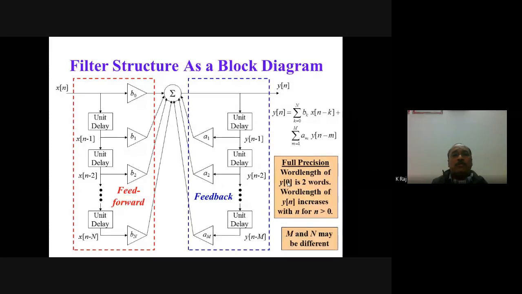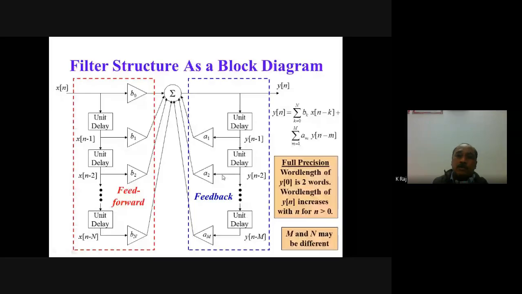We can say feed forward is the H1S, and this is the H1Z, and this is the H2Z here. Now we can change the location and position of these two transfer functions, and then what will happen? The unit delay branches will merge with each other, and hence we can get a lesser number of memory devices, and hence we can say we have reduced the complexity, or we can say we have reduced the area